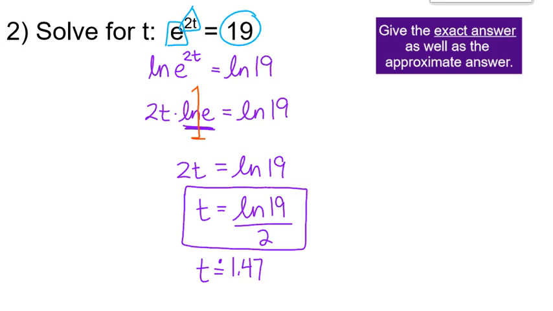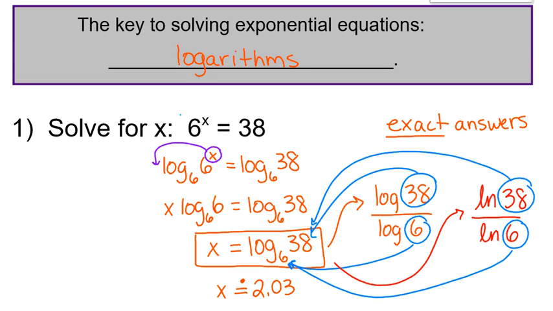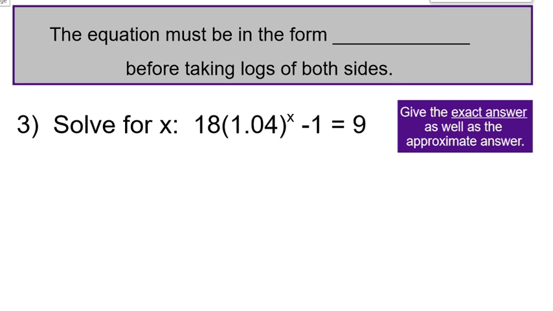If you look back at problem number 1, we had a base to a power, and that equaled a number, and we took the log of both sides. So anytime you want to take the log of both sides, you need the form a base to a power equals some number. Once it's in that form with all the extra fluff taken away in the equation, then you're ready for logarithms. So when you look at problem 3, you'll notice there is a base